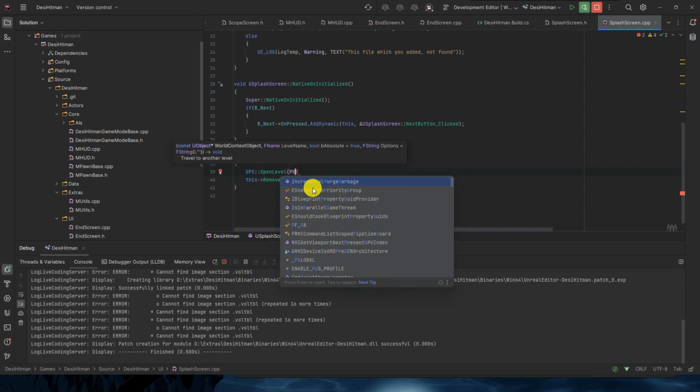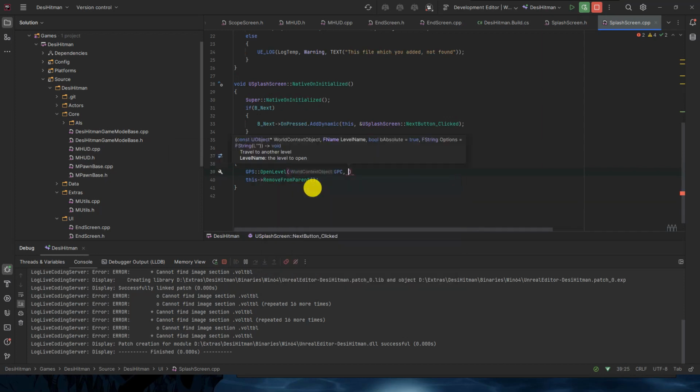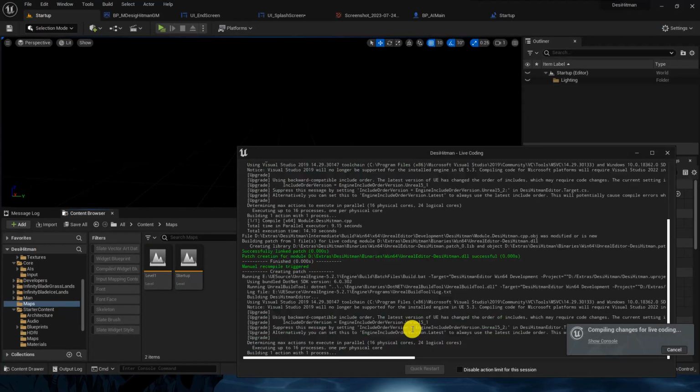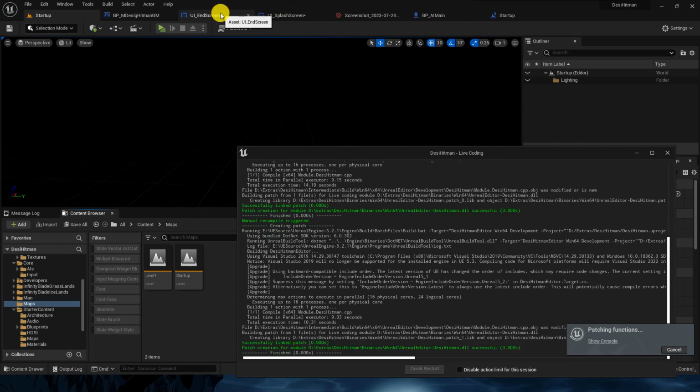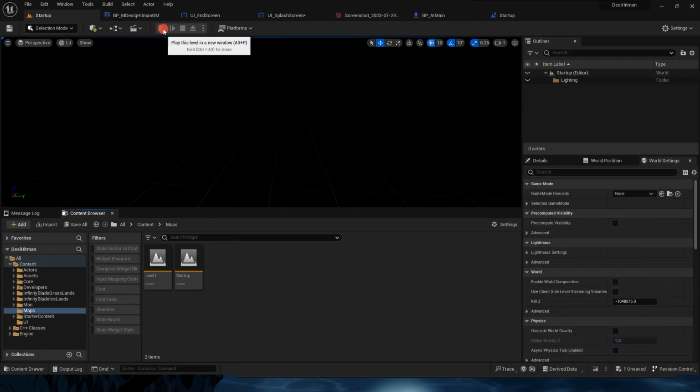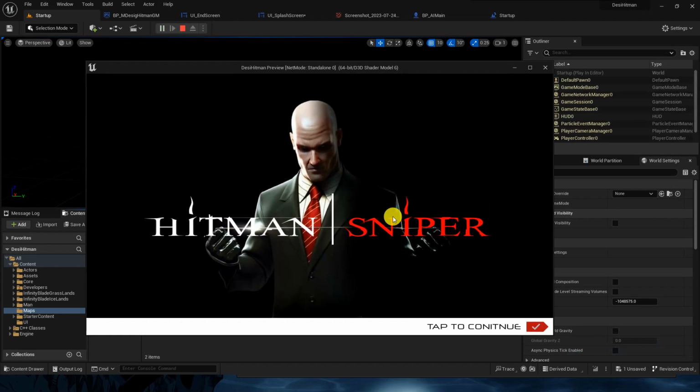and GPS, comma, the level name. Okay, control B. I wish it works, but let's see. Okay, there are two more functions which we have to create in the end screen, the quit and one more, the restart functionality. So we can do that too, or you can do it on your own.